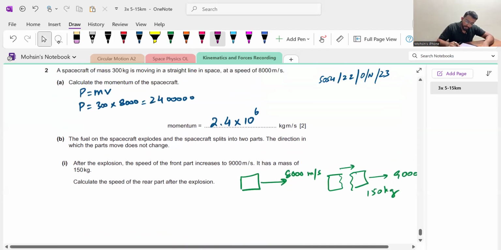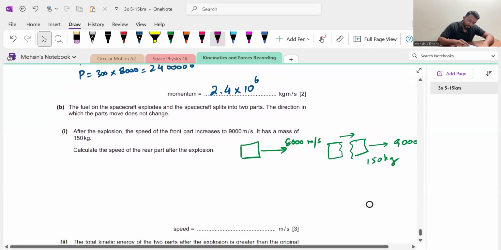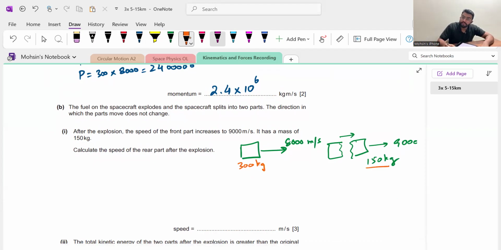Initially the mass of the whole spaceship was 300 kilogram. So if one part has 150 kilogram, then the other part is also 150 because combined together they make 300. They are asking you to calculate the velocity of the rear part. Again, conservation of momentum: total momentum before explosion is equal to total momentum